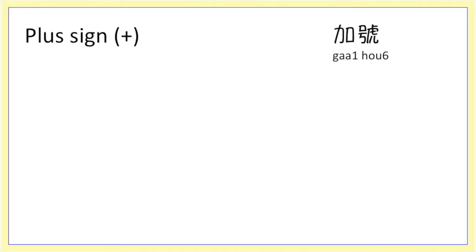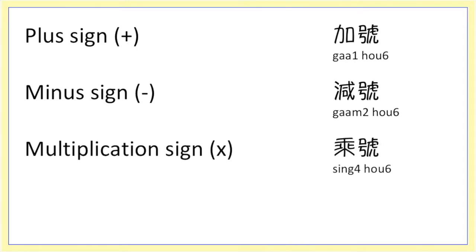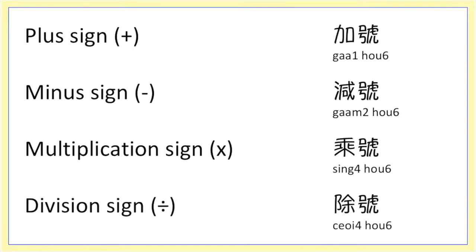Plus sign. We say 加號。Minus sign. We say 減號。Multiplication sign. We say 乘號。Division sign. We say 除號。